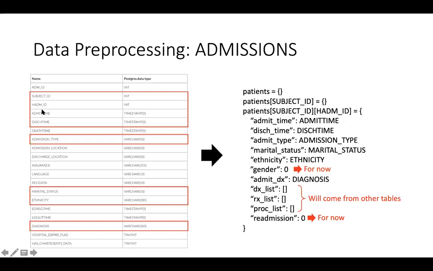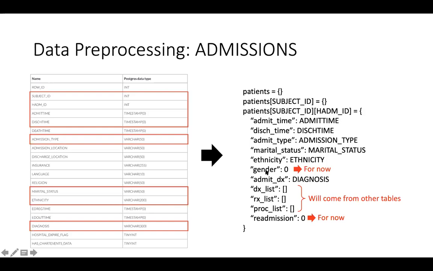Admission time, discharge time, admission type, marital status, ethnicity, diagnosis. You store that information into the innermost dictionary. So you store the admission time into admit time, you store discharge time into discharge time. The name of the key could be anything, it's up to you, but I'm just going to use admit time, discharge time, admit type, marital